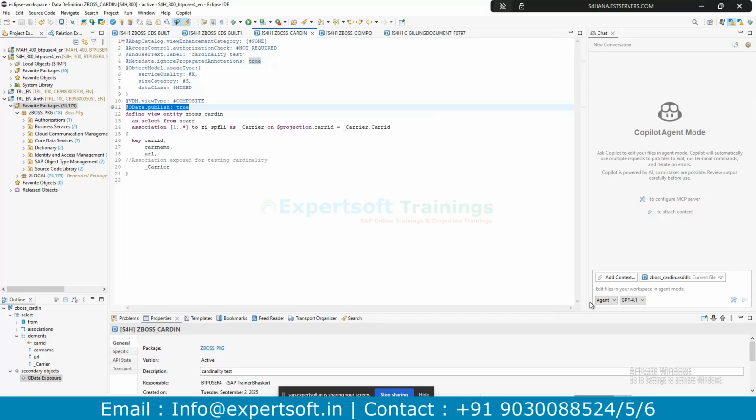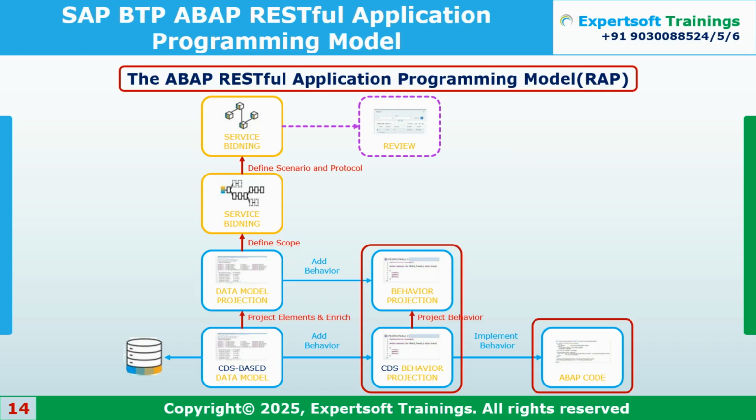But when we have a complex structure and want to do multiple operations, such as uploading into multiple tables by using a BAPI, where different structures and different tables are involved, at that time the unmanaged scenario comes into the picture. Unmanaged scenario means you have to create a structure where you decide how to handle create, read, delete and update operations. All this you have to write manually in the behavior implementation class.